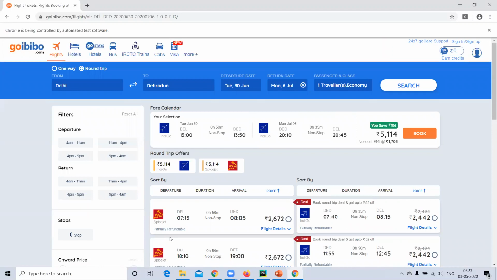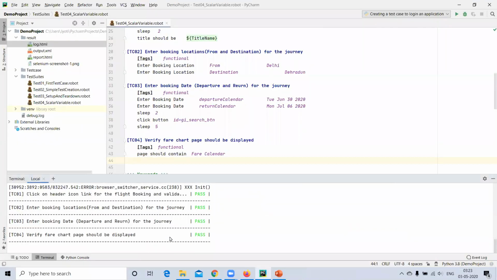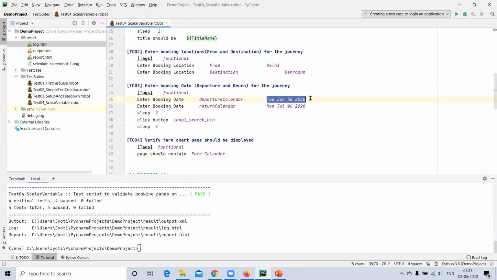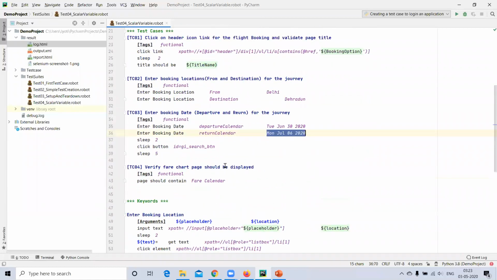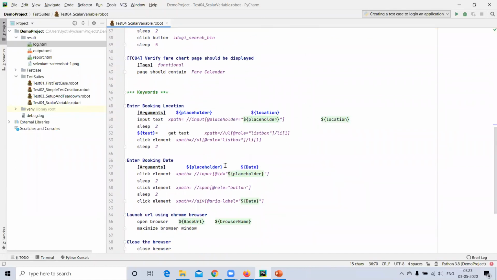I had provided 30th June and 6th July. As you can see here, 30th June and 6th July. So we are able to execute this script successfully.